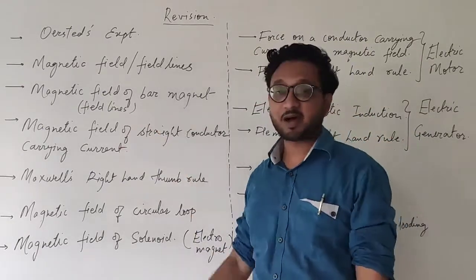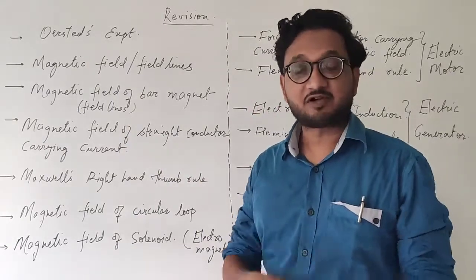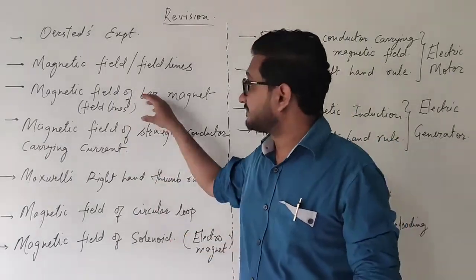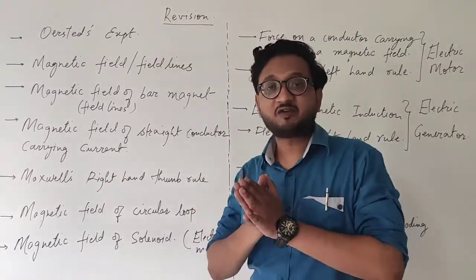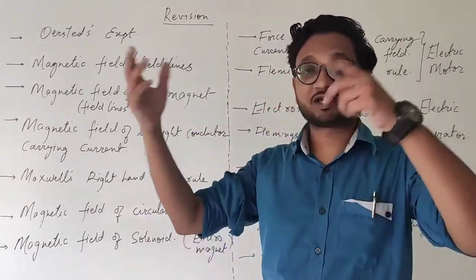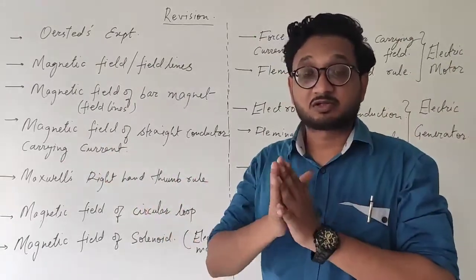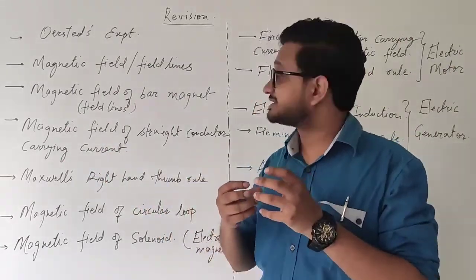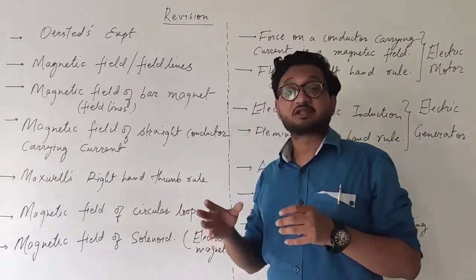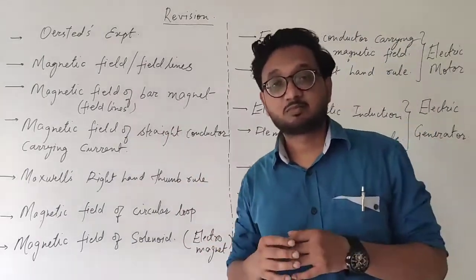The field lines of a bar magnet never intersect each other. The magnetic field is maximum at the poles because many field lines emerge from the poles and then get scattered around. So as we move away from the magnet, the strength of the magnetism decreases, but as we move closer, it is maximum towards the poles.